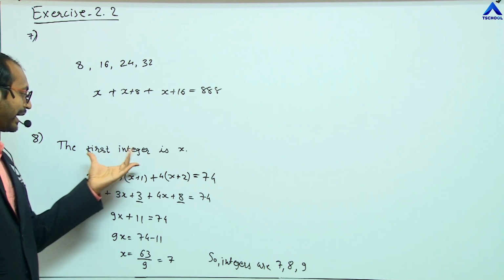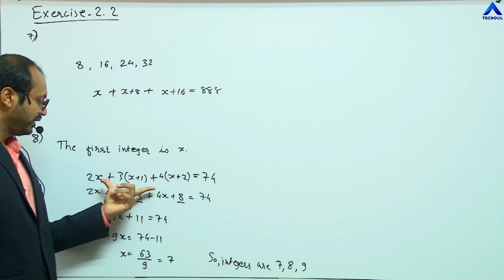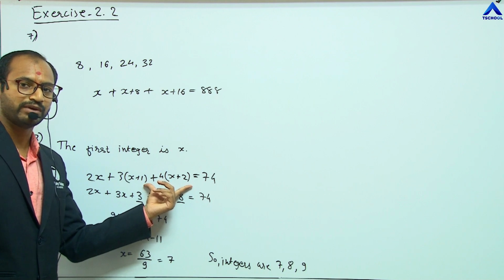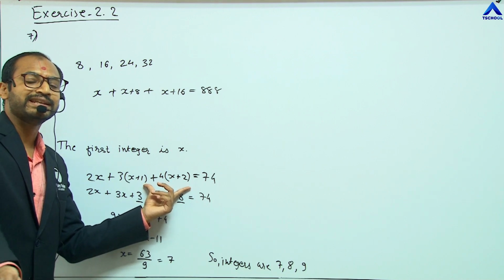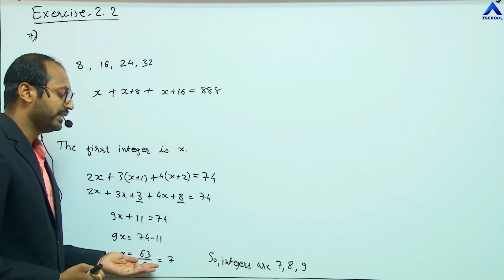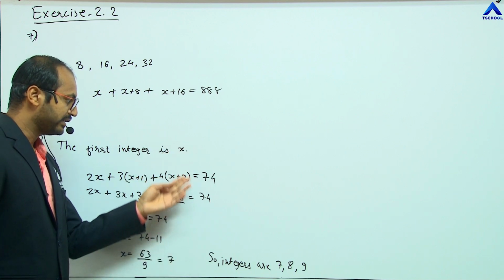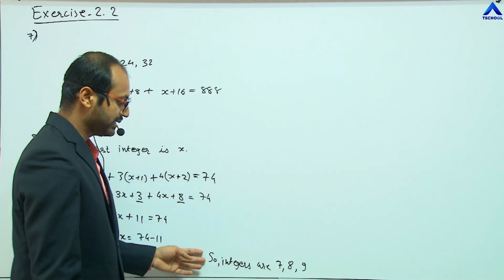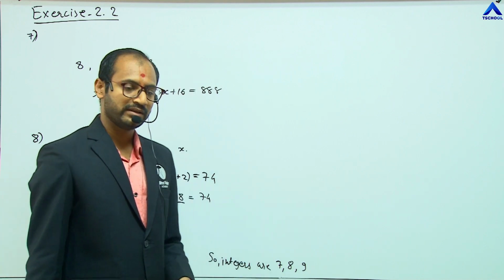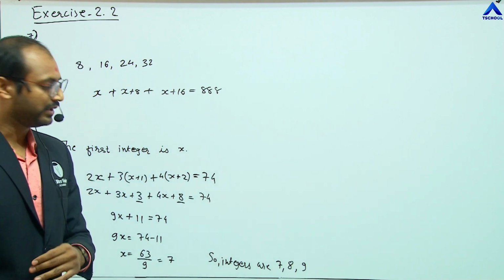You have to first assume the integer as one variable, then you have to make a relationship in the form of an equation by using the sentences given in the problem, and then by solving this we get the value of that variable, and by getting that answer we can say that the solution is in this manner. Clear? So this is the perfect method to write the perfect answer of the given problem.